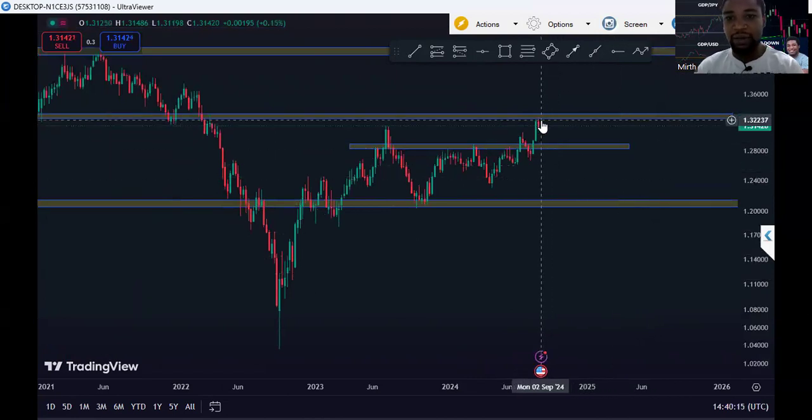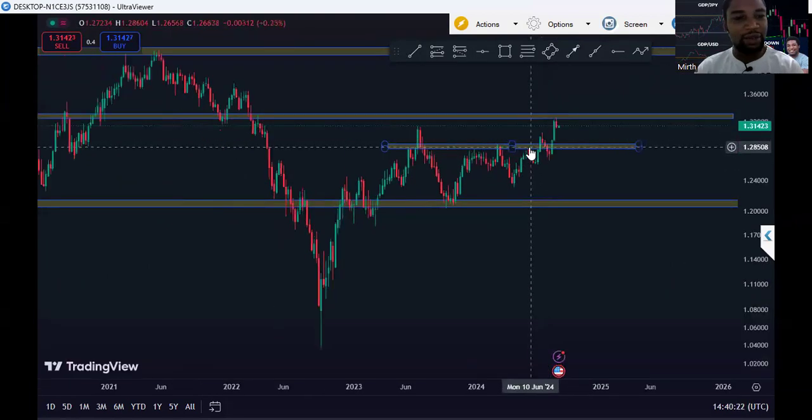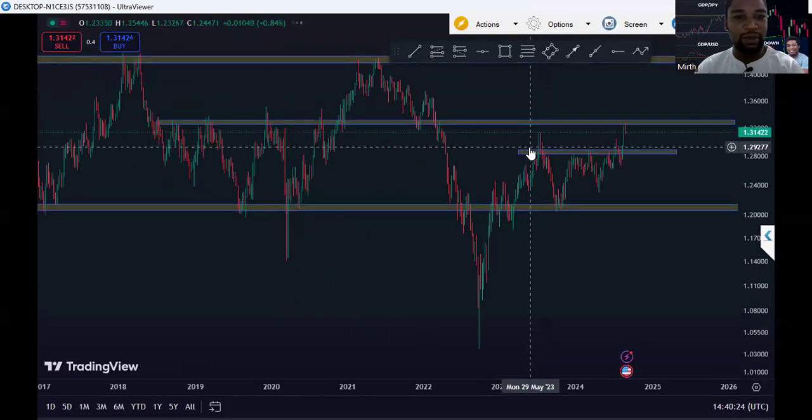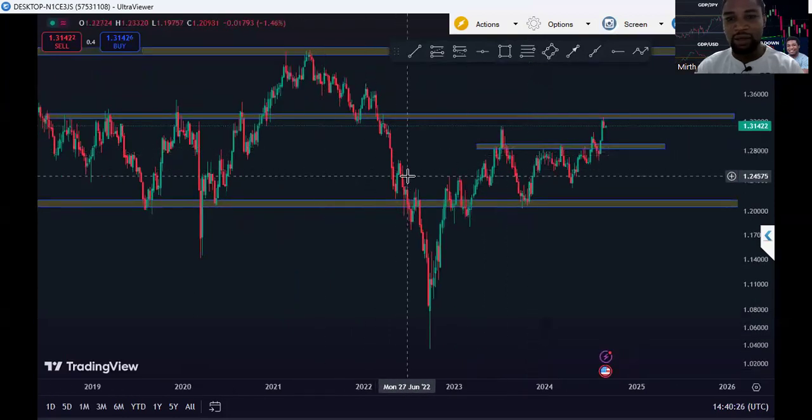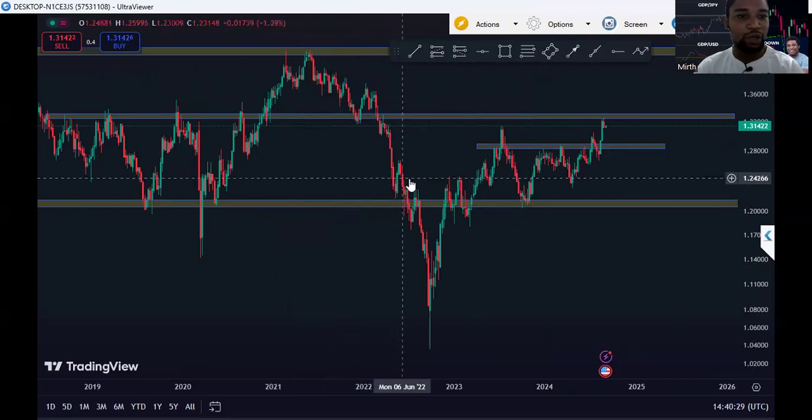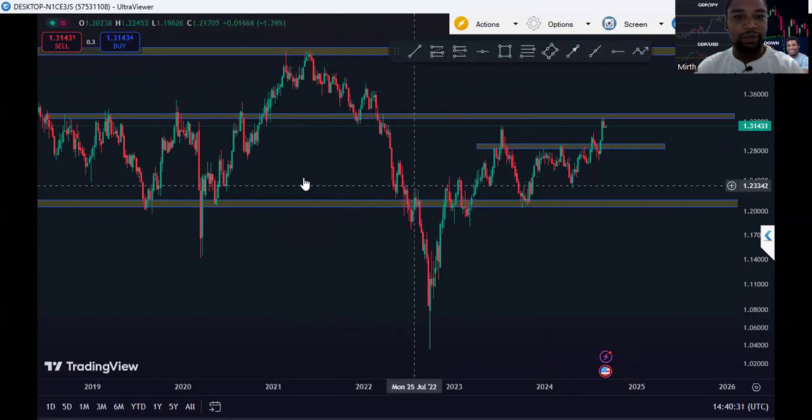It's either we are going to pull back downwards like this at this area. Definitely we are going to pull back. You know why I'm anticipating that we're going to pull back? Because of this